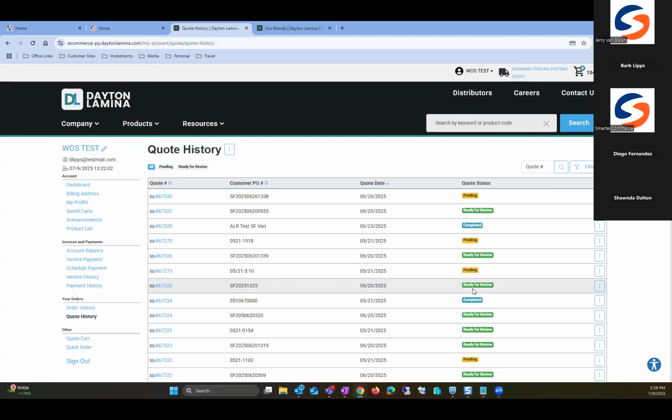So a customer can go in, create a quote, and then once ready for review, it'll let them know so that they can go in and see the details and either accept that quote and convert it into a sales order or cancel and decline that quote if they don't need those products anymore. So all of these capabilities, as you can see, are found within the solution at the fingertips of your customer base